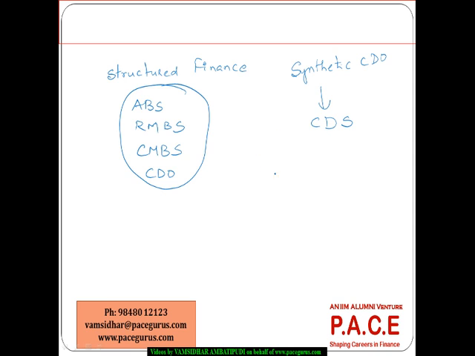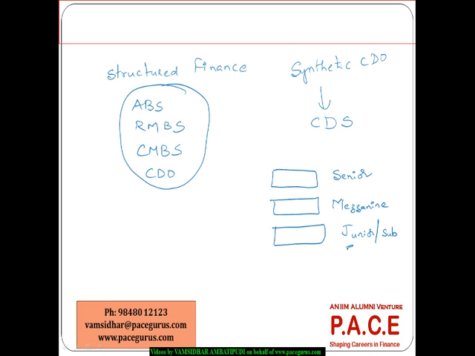So from the way the cash flows are structured, more or less the same, the kind of tranches that are getting created, we see that the bonds that are issued, I can call it a senior bond, senior tranche. I can have a mezzanine, which is in between the senior and the junior, and I can have a junior tranche or junior set of bonds which are more subordinated in nature, and this is more like an equity tranche. This will absorb the risk first, then the risk passes here, then it is here.